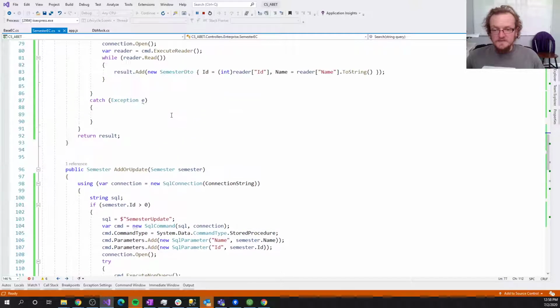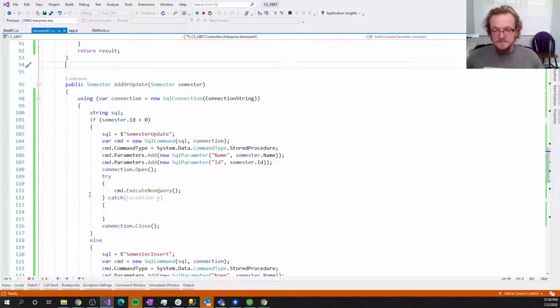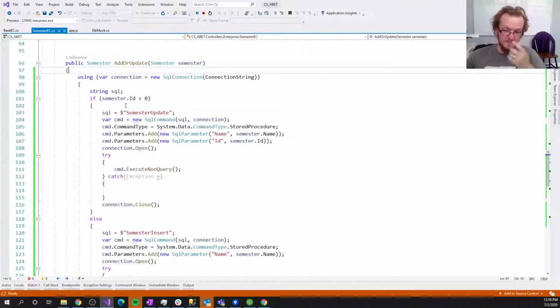So everything's kind of fun and games until we get down to add or update. So add or update is where we're going to show how maybe SQL command and SQL client stuff is not necessarily the best way of doing things, and Entity Framework is going to give us a lot better way of handling things. So in these multi-tiered applications, the biggest issue around data management is trying to synchronize IDs,